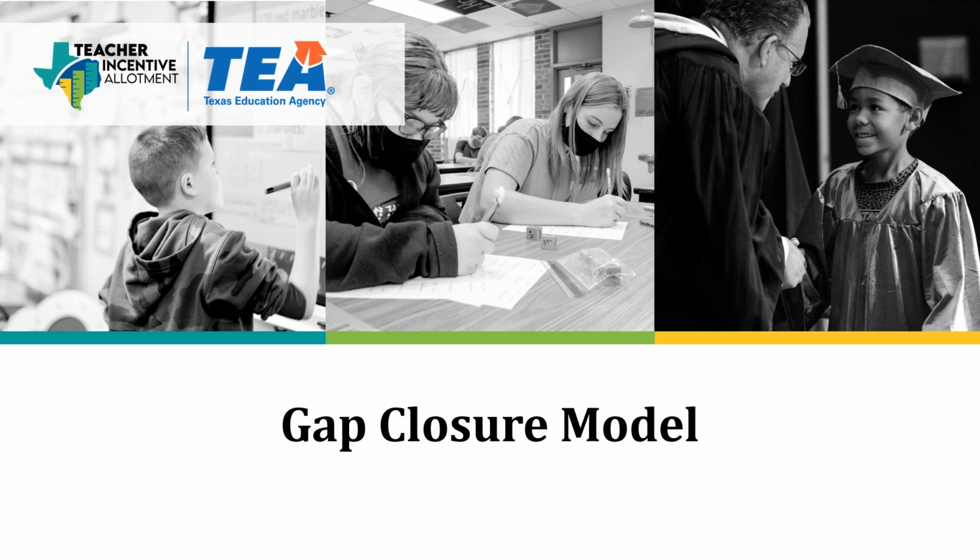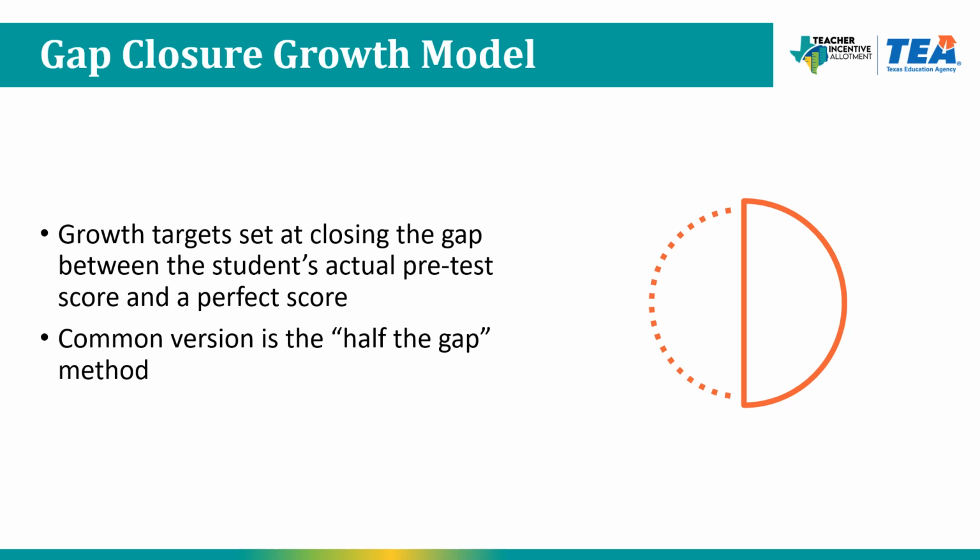In this section, we will review the gap closure model. In the gap closure model, a student's pretest score is compared to a perfect score. The difference between the pretest score and the perfect score is divided by 2 to ascertain the growth target for the post-test. So for instance, if Johnny scores a 50% on the pretest at the beginning of the school year,